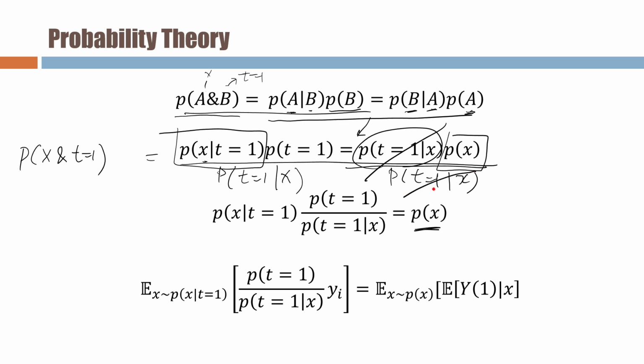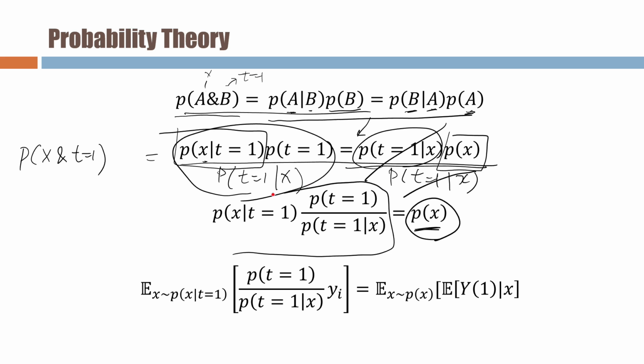This will cancel out, only P(X) is left, and then this calculation will be this calculation. So when we do this probability against this probability, and then you use this one,